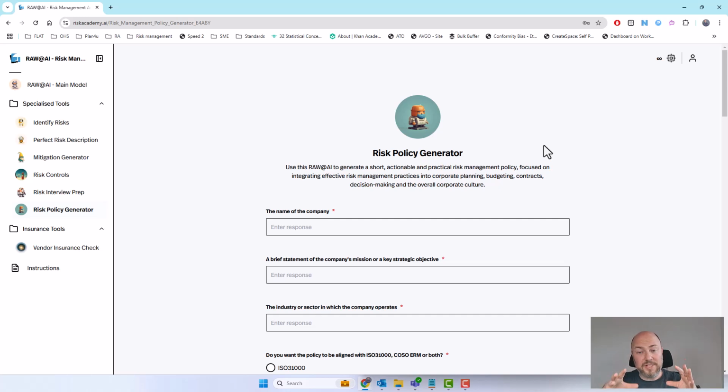And then the final risk management tool is again something that I'm very passionate about. Writing risk management policies usually takes a significant amount of time, and I've benchmarked hundreds of risk management policies, trying to figure out what the components are, what the alignment is with different standards, what some of the good things to say are, what some of the unnecessary things to say are, why some companies make it very short, one page,